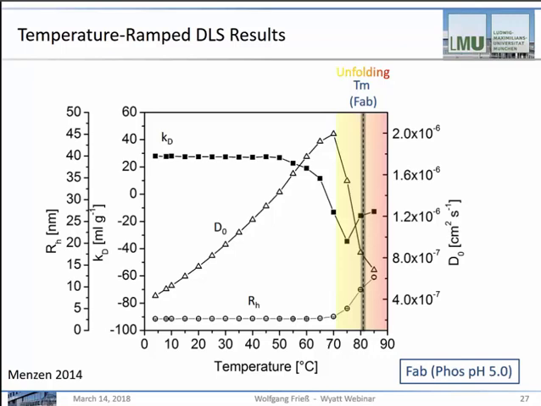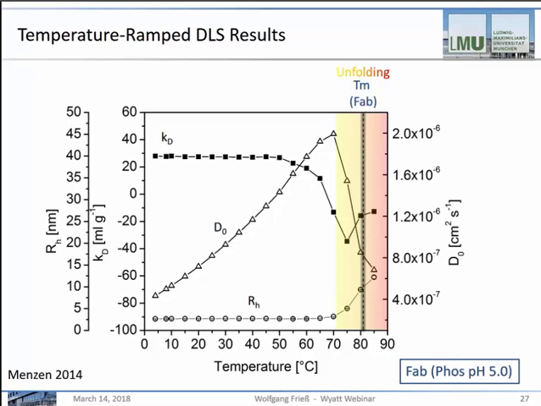For the Fab part, as soon as unfolding sets in, we have a substantial increase in RH, so we have substantial cluster formation. But when we look at the Kd, we see that already at 50, 55, 60 degrees C, the Kd starts to decrease. So already at that temperature, far before our unfolding occurs, we must see change in the Fab part that lead to a much stronger